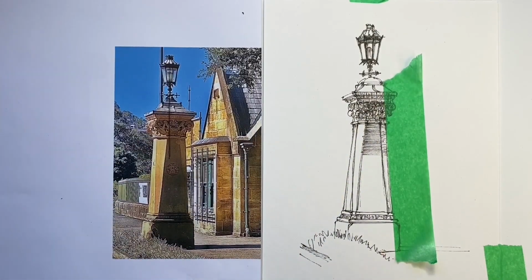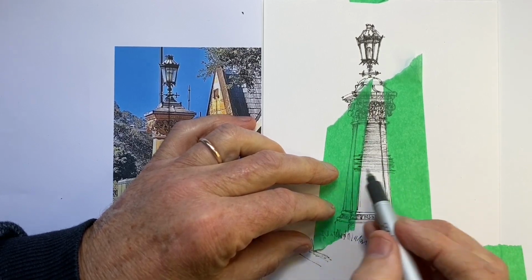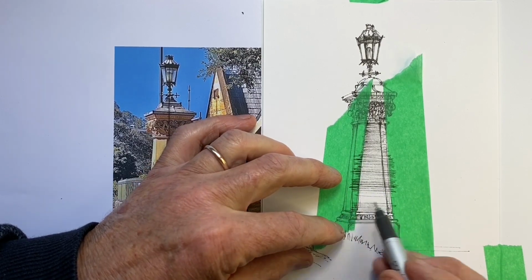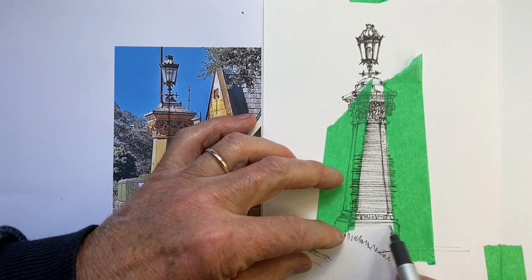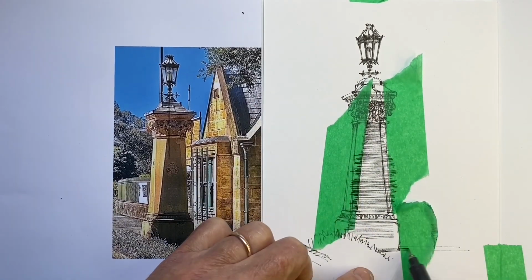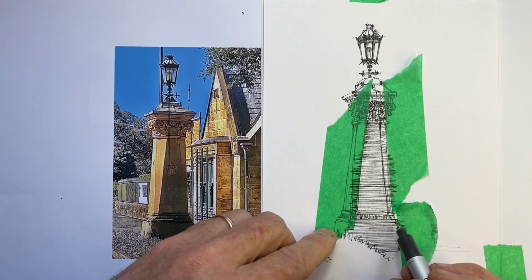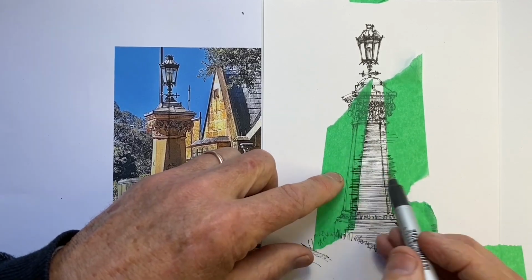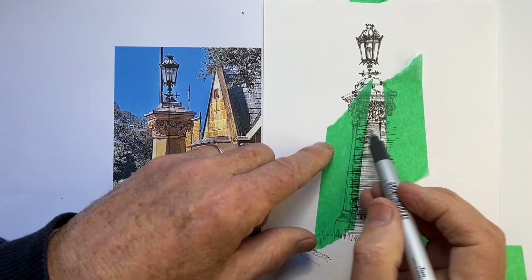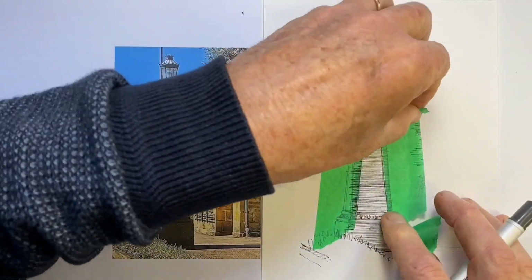And then suddenly I remember that I'd seen recently someone else do hatching between some tape, and I thought, well, why not give it a go? And so if you've never done it, why not give it a go if you do this exercise? And of course, I didn't quite have it in all the places I needed to have it, and I had it in some of the places I didn't want to have it. But it certainly is a way of speeding up the drawing process and the hatching process if we do want accuracy. My concern was that it would be too much in a straight line,